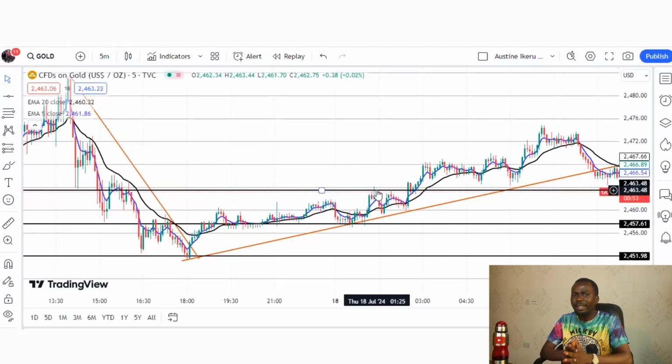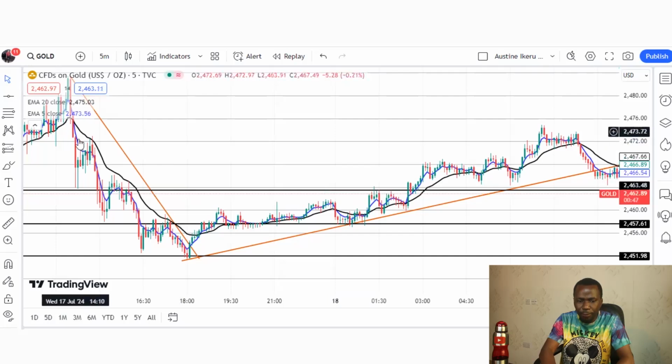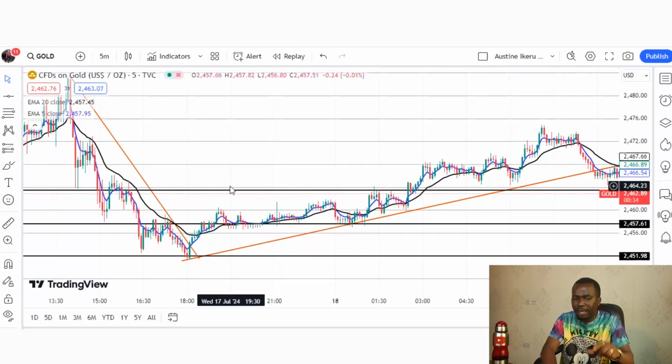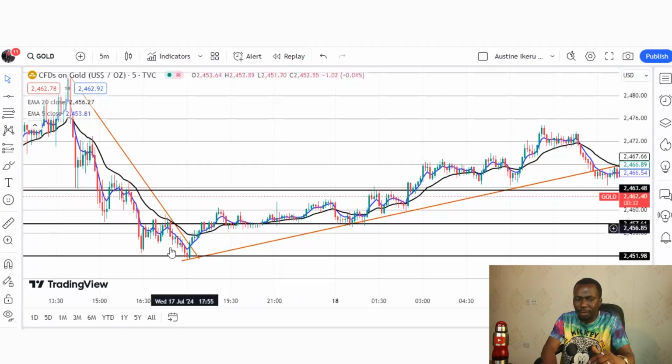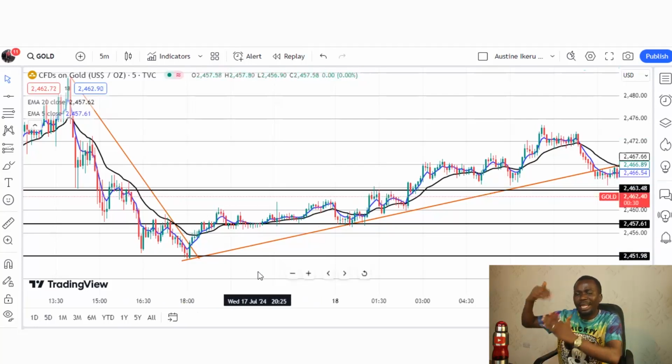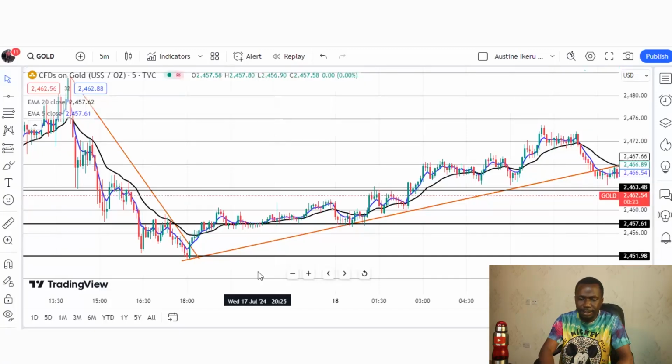If you start counting how many times we have profited, you will get tired of counting, because from here you know that we have won so many trades, and here we have won so many trades, and we only lost one trade, which is somewhere here. We lost only one trade. If you calculate this, I think we won about 4 or 5 trades here. So it amounts to 9 wins and just 1 loss. So we won 9 trades and we have only 1 loss, right? You see that we are highly profitable. We are more profitable, because 9 minus 1, we still have 8 winnings, right?